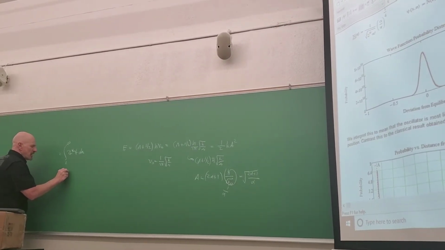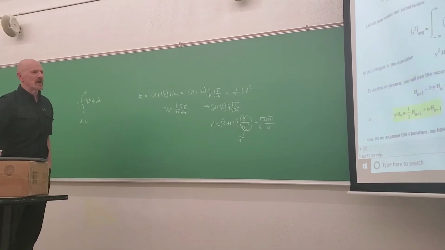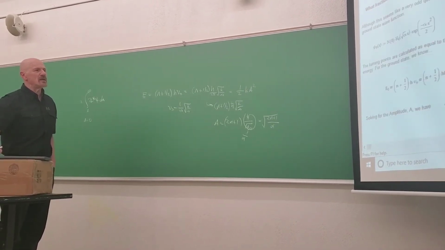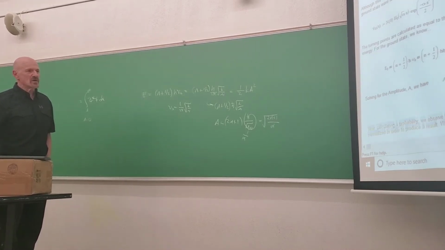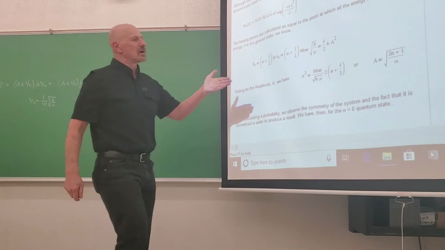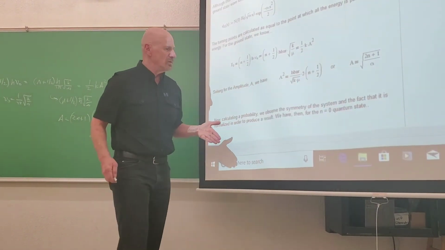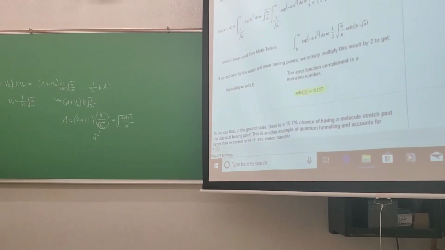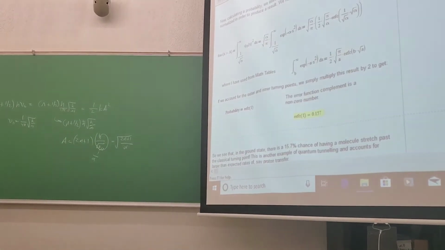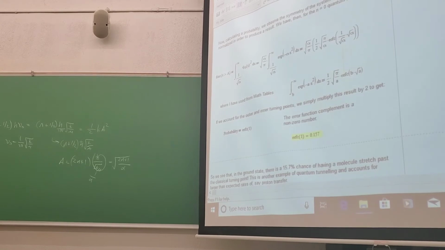So we'll do this for the n equals 0 ground state to see what that is. So I need the ground state wave function. So here is our classical amplitude, 2n plus 1 over alpha square root. So let's now look at this for the ground state system. You are going to do the n equal 1 quantum state, and I'll give you some guidance on that. But for the ground state,